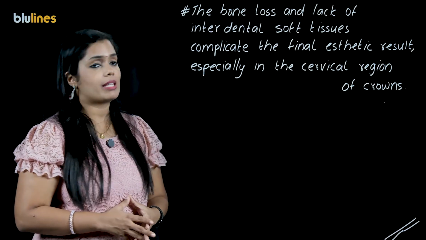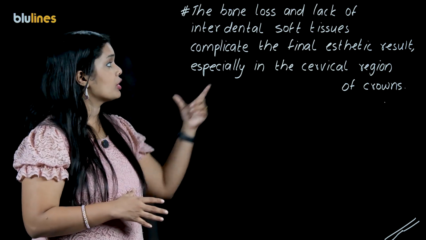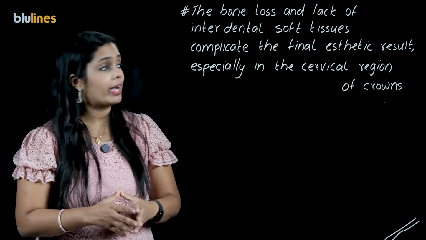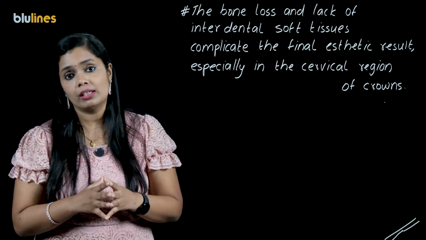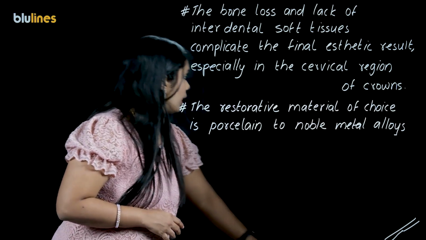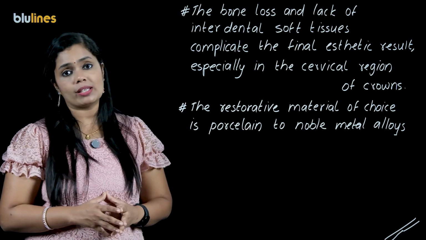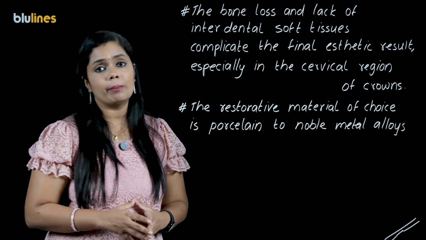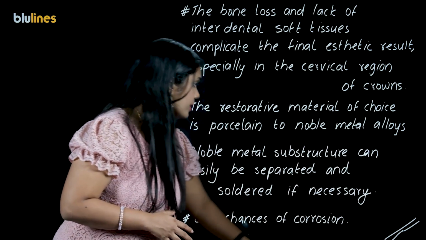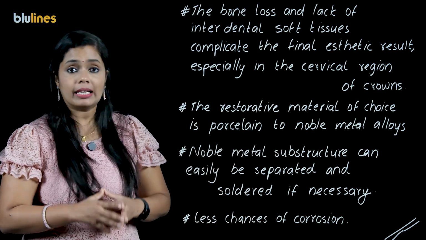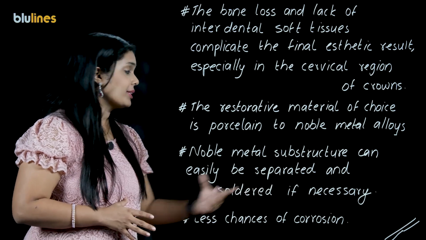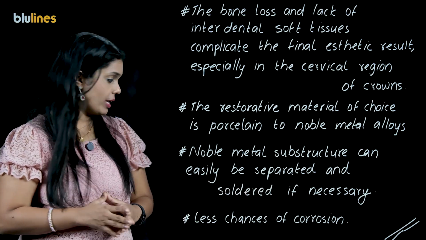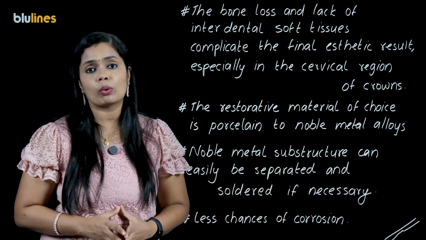And the bone loss and the lack of interdental soft tissue will complicate the final aesthetic result, especially in the cervical region of the crown. And the restoration material of choice is porcelain fused to noble metal alloys. The noble metal alloy substrate can easily be separated and soldered if necessary. There is less chance of corrosion in case of